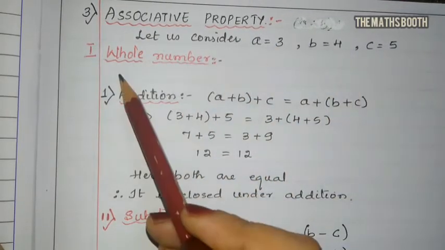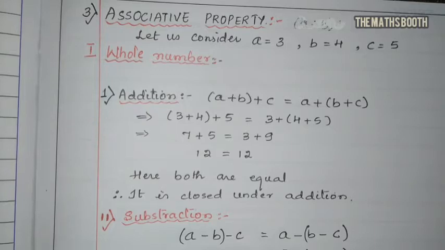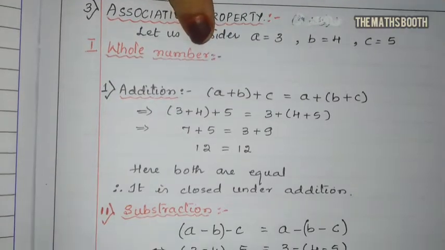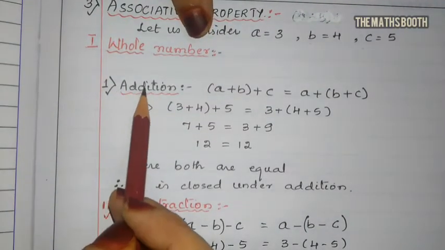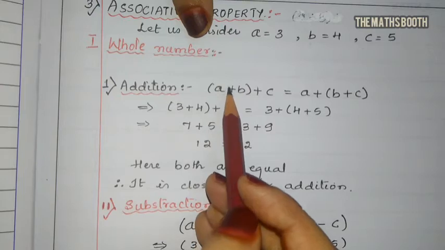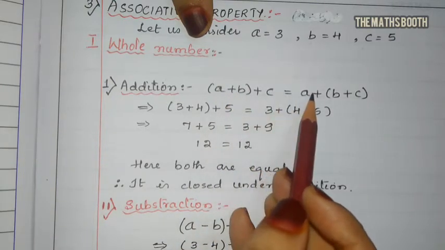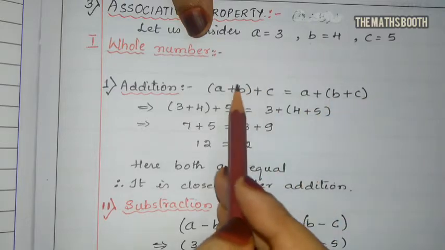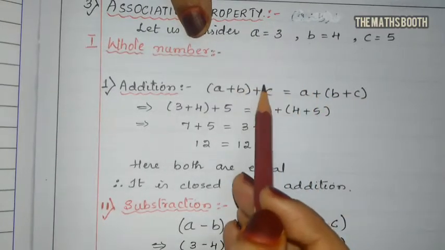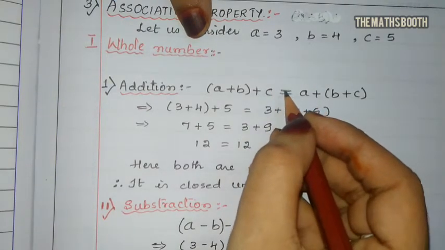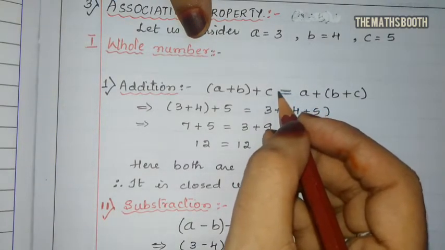Let us consider a = 3, b = 4 and c = 5 for whole numbers. So I have taken 3, 4, 5. Now for whole numbers, let us go for addition. I have told you how we have to write it in general form: (a + b) + c = a + (b + c). You have to notice the brackets properly. If we get LHS equal to RHS, then we can say that both are equal